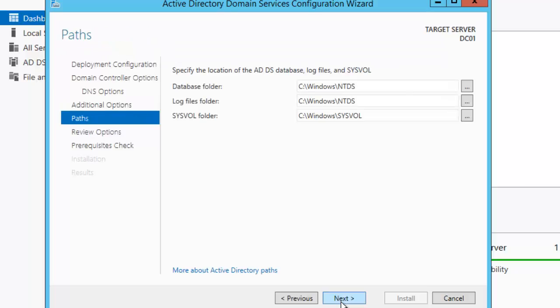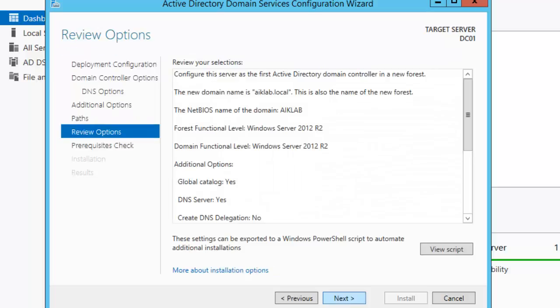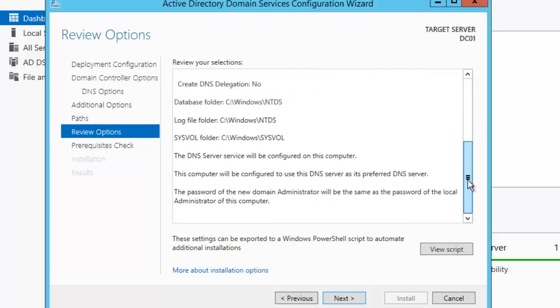Okay, so these are the folders which are very important, like the database folder. Database is consisting the Active Directory database, which is there in C:\Windows\NTDS, and the log folder is also there, C:\Windows\NTDS. And if you talk about the SYSVOL folder, that is also located in C:\Windows\SYSVOL, okay. You can click Next, and now you can see it will give you a summary of the things you have selected,